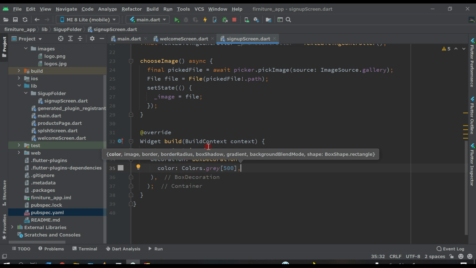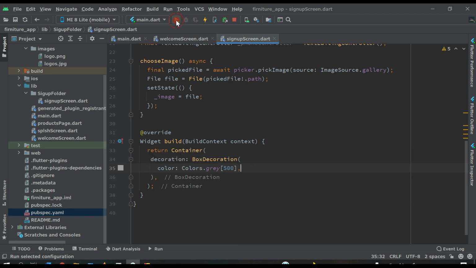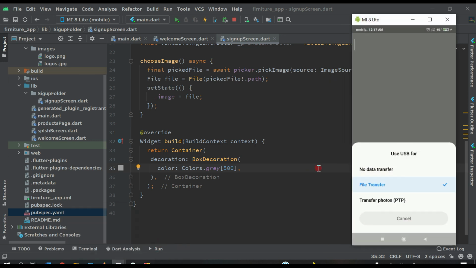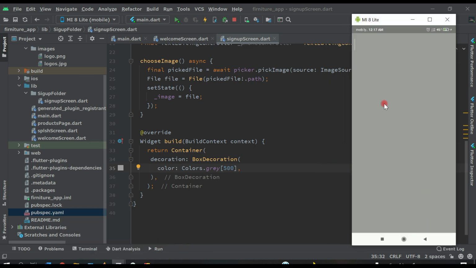Let's run the application and see how the screen is looking here. And you can see this is the screen. So on this screen we will create text fields where the input fields will be displayed, so that the user can fill in his or her details, email, password, phone, etc.